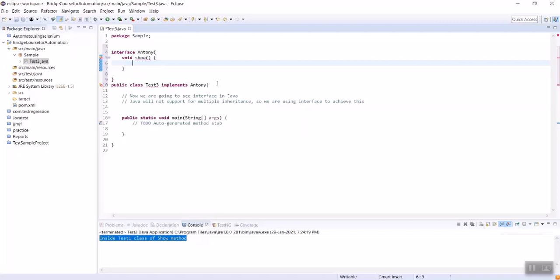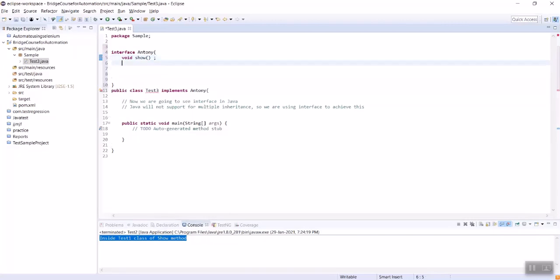So line number 5 to 7 is the method void show. Colon you need to place there. We are going to add one variable also, integer a equal to 7. So we can use both the method as well as the variable in the coming classes.